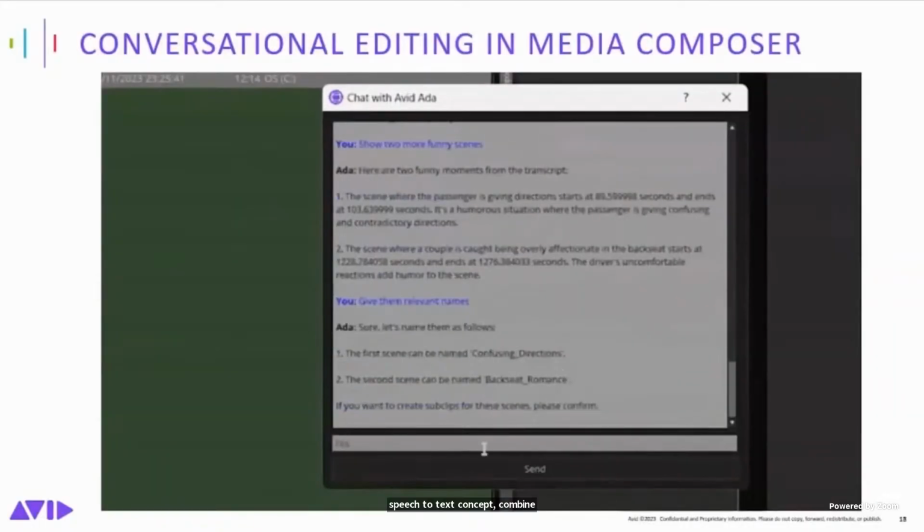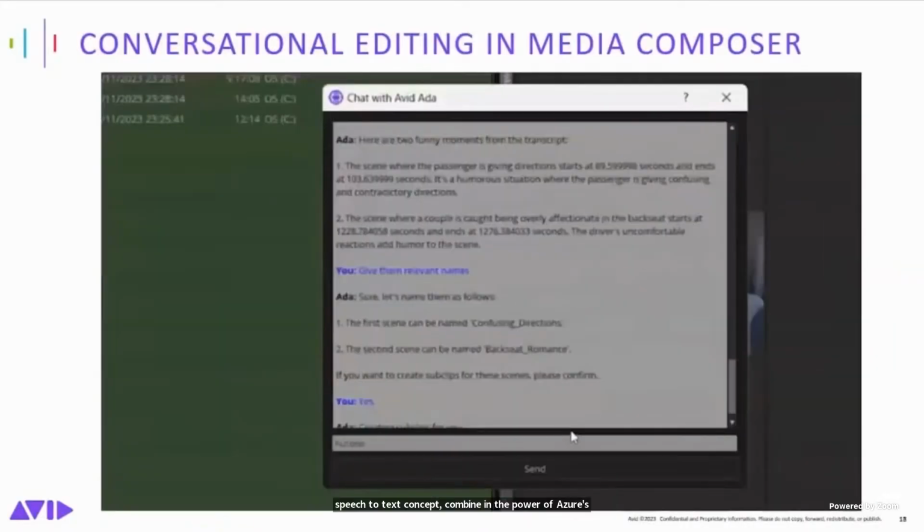So it can do all that automation as well, which was specifically mentioned and demonstrated. But the idea that an AI chatbot can recognize funny. Now, they did acknowledge that what the AI chatbot finds funny and what you find funny might be different. But if you were at a bit of a loss for material, or if you just wanted to get a first assembly edit up and running, and you were able to ask a question to Ada like this,